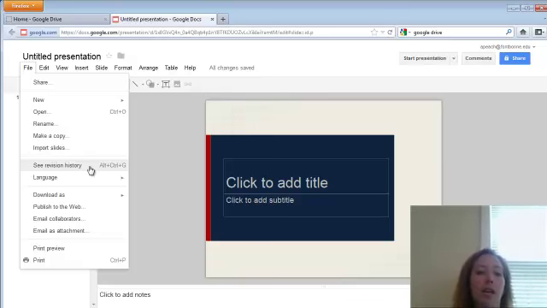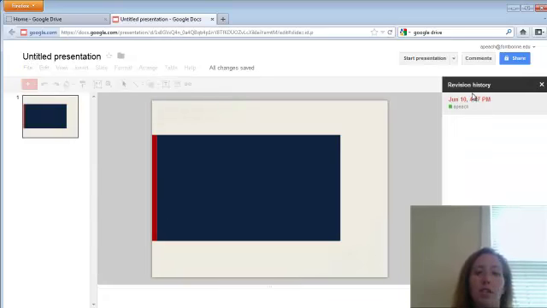Here, you don't have to do that. If you click See Revision History, it pops up in a separate window, and it gives you the user, because remember, this is designed to be collaborative. It gives you the user and the time and the date right down to the minute, and it will say, now it's not really saying much, but it will give you an idea of what changes have been made,